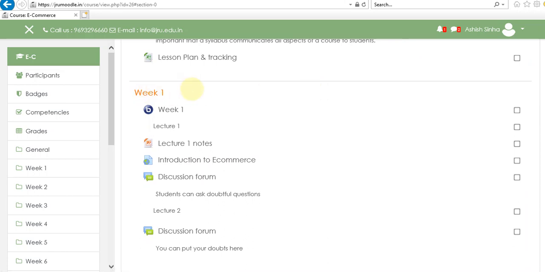For you at this level, day 1 will be displayed here, and according to day 1, your lectures, notes, and lecture videos will all be assigned here.